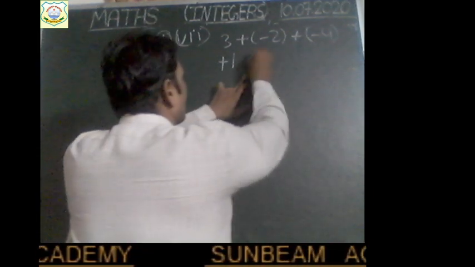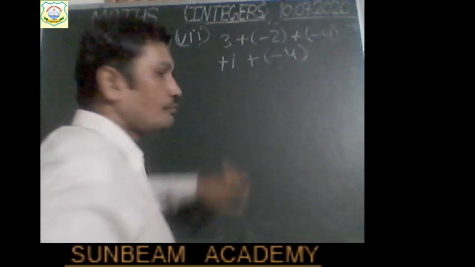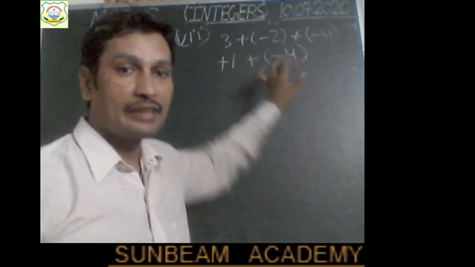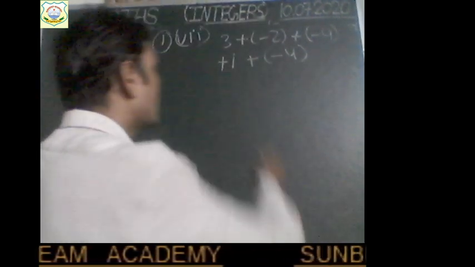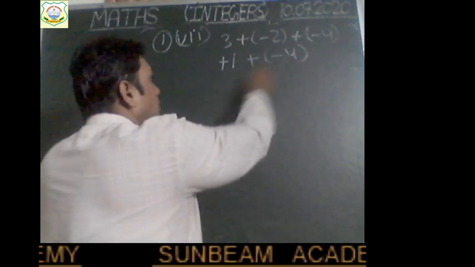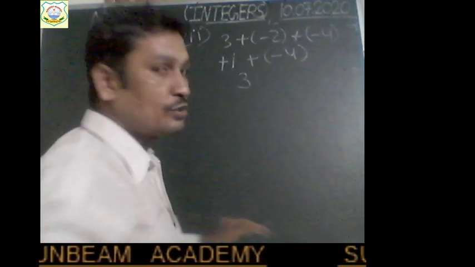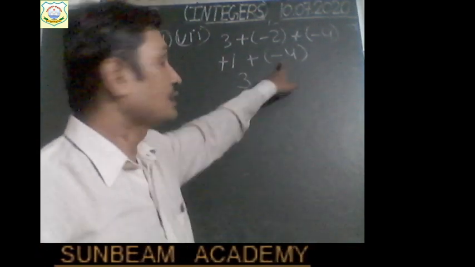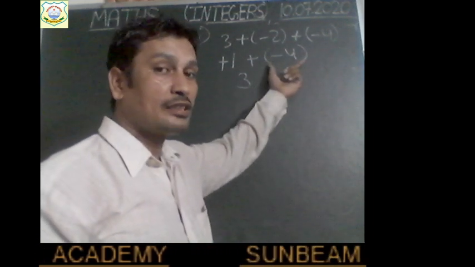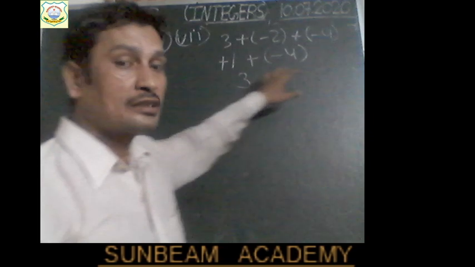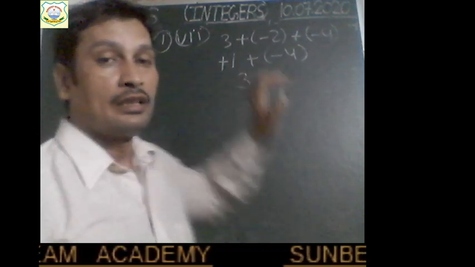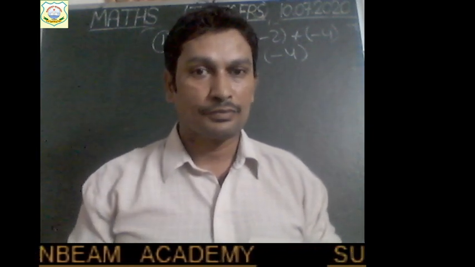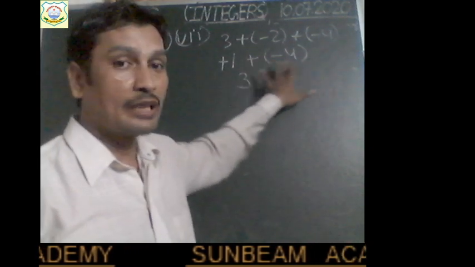Now add the third integer, minus 4. Again you have to apply the same rule here. Plus 1 plus minus 4: one positive and one negative integer. So again we will subtract. 4 minus 1 will give 3. The difference of these two integers will be 3. But what sign will we use now, children? Now we will use a negative sign because the negativity of the second integer is much greater than the positivity of the first integer. I have told you we use the sign of the integer whose absolute value is greater.